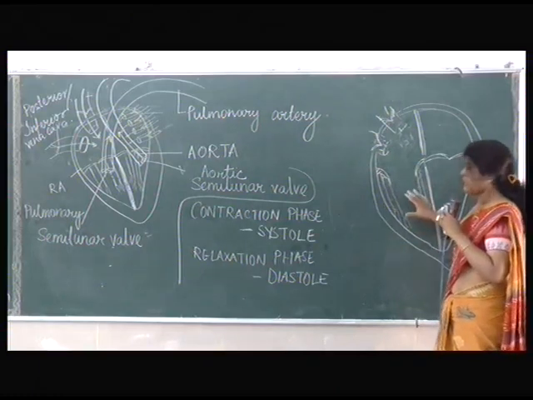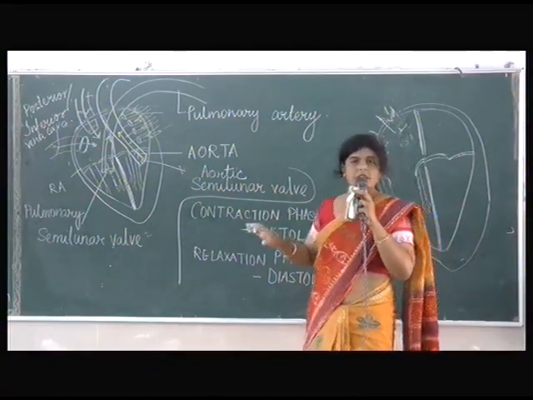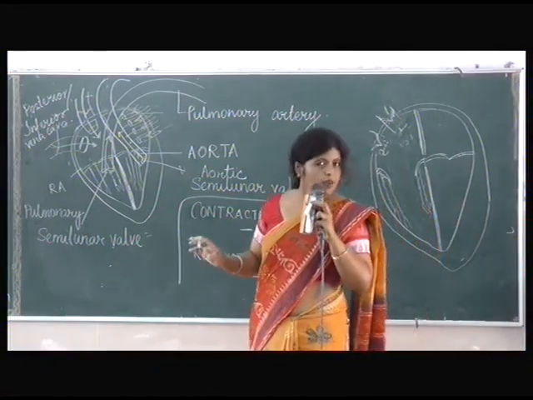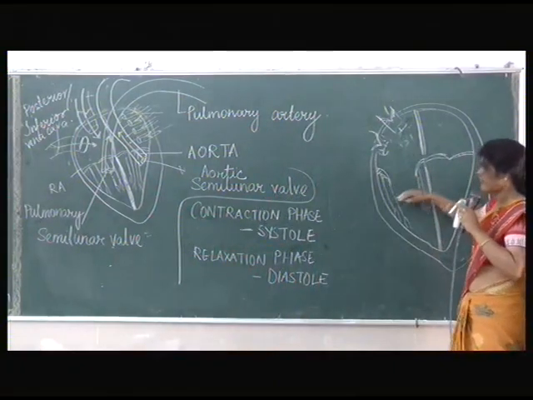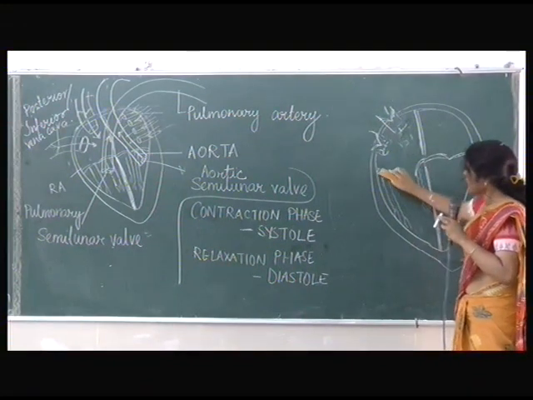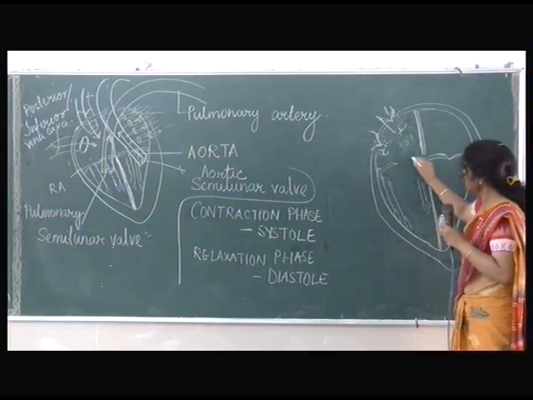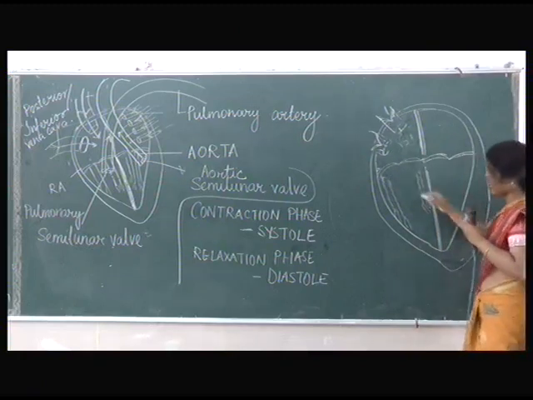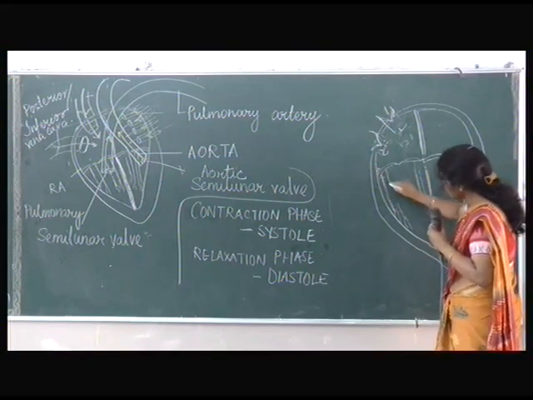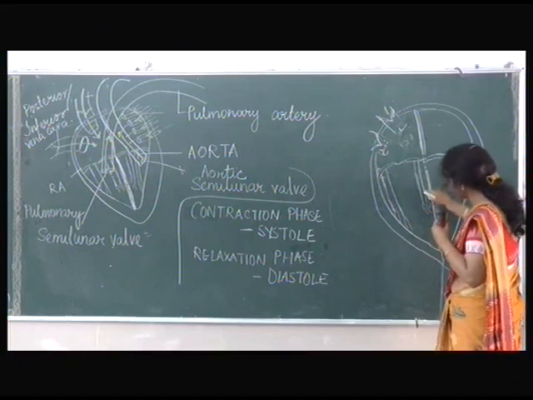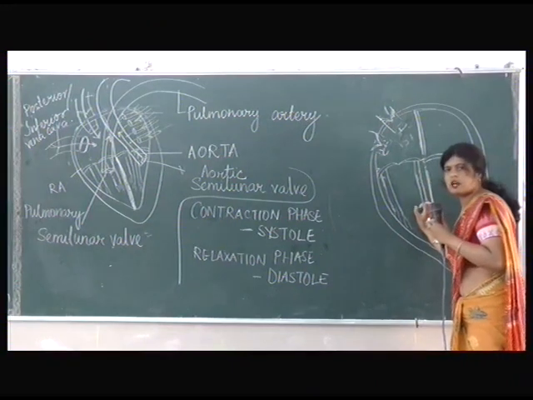Now, the ventricle is filled with blood. What kind of blood am I talking about? I'm still talking about deoxygenated blood, because the blood is not yet oxygenated. Once the ventricles are filled with blood, the tricuspid valves again get closed. At the same time, once it is closed, the tension on the chordae tendineae is more, and you will find it more straightened. Now, once it is filled, the ventricles start to contract.